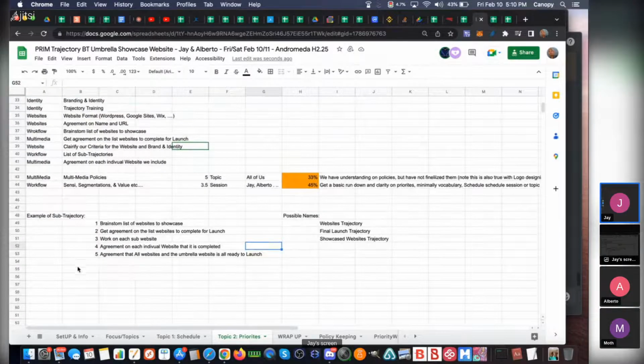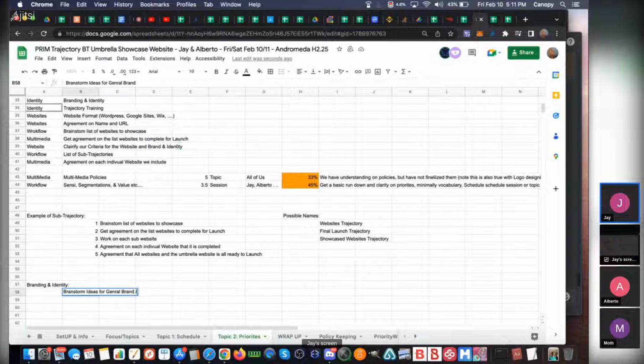So another would be the branding and identity, right? Here, a lot of the stuff we included in the other one, but we can brainstorm ideas for general brand, right? For example, FQN, FQV, community.